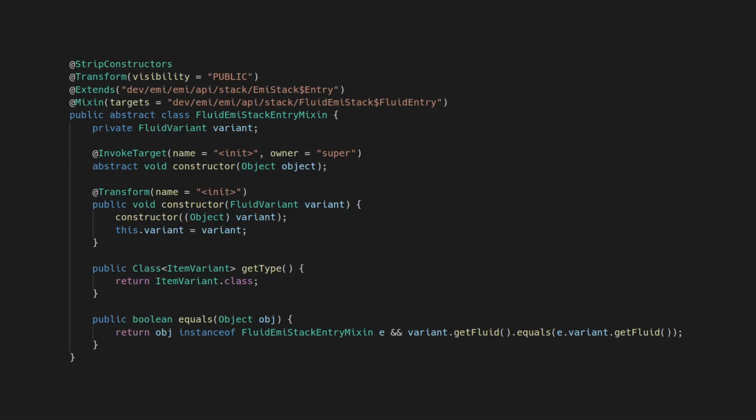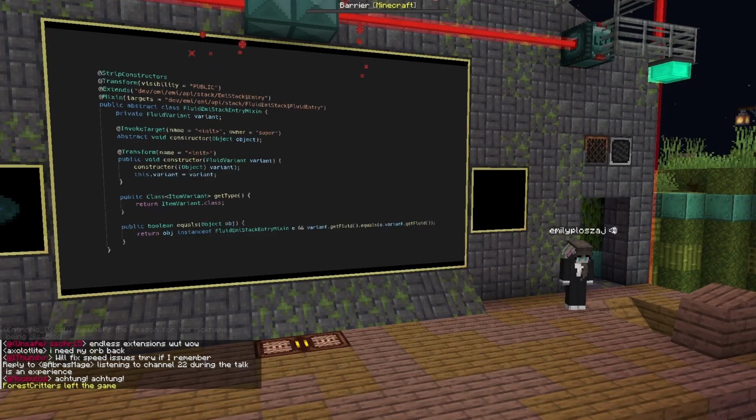Introducing addExtends. It should be self-explanatory, but all this does is change the superclass of whatever I'm mixing into. This is really simple in Java. It's just a one-line change in the transformer. You just have to make sure you're playing nice and overriding all of the correct methods if you're overriding an abstract method or an abstract class. There is a reason that Mixin doesn't let you do this.